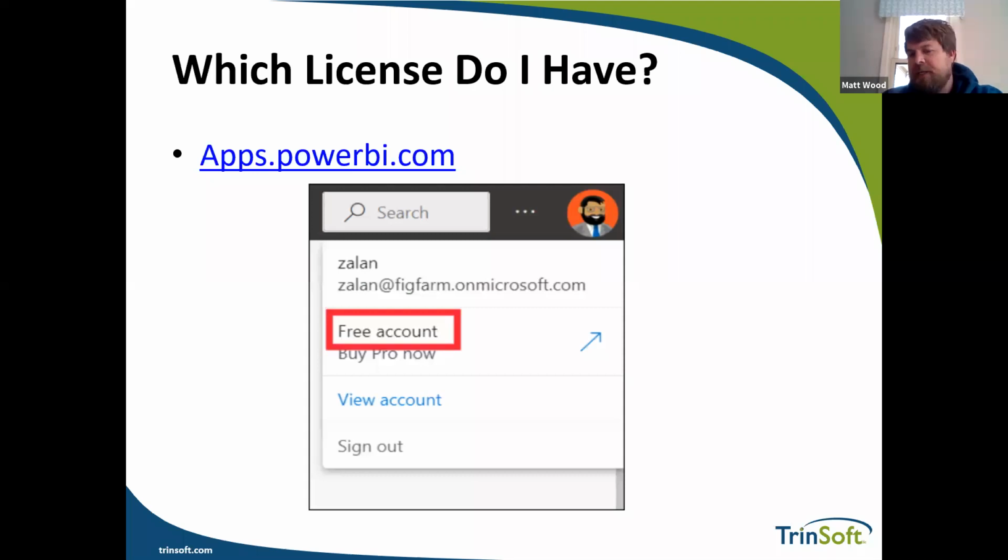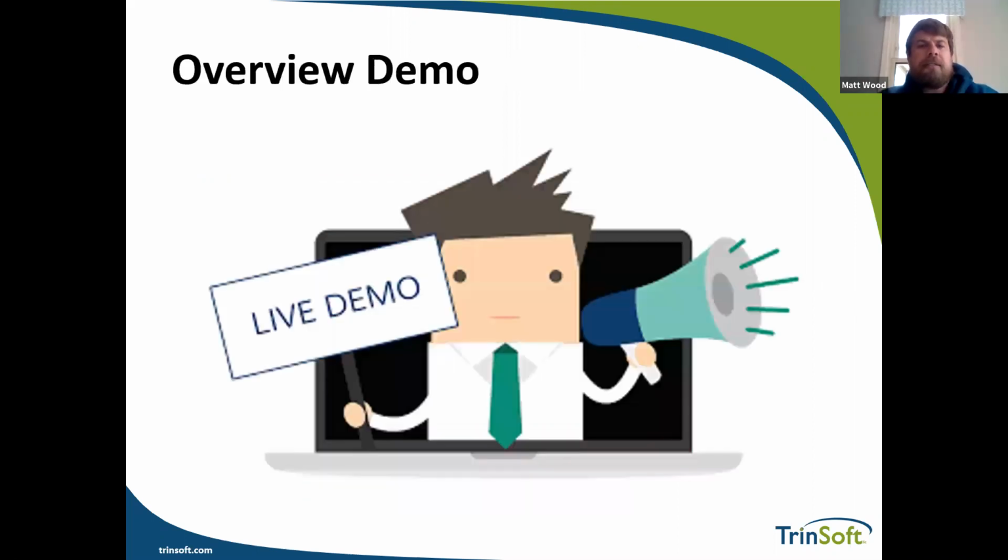And then right from there, you can purchase that Pro, or you can even sign up for a trial, which I believe is a 60-day trial if you wanted to see how that publishing with the workspaces worked. All right. So that is the licensing, and that's important because of what we're going to show you here. If you publish, it will only publish for consumption if you have that Pro license or above, obviously.